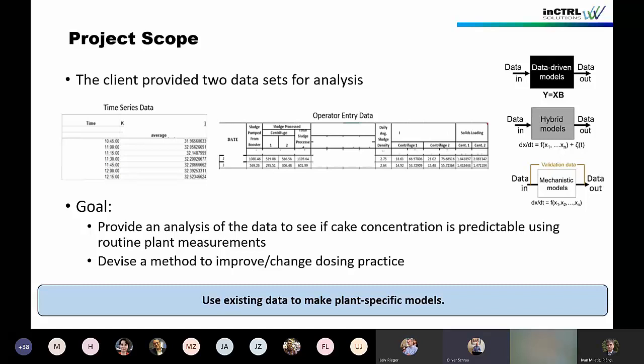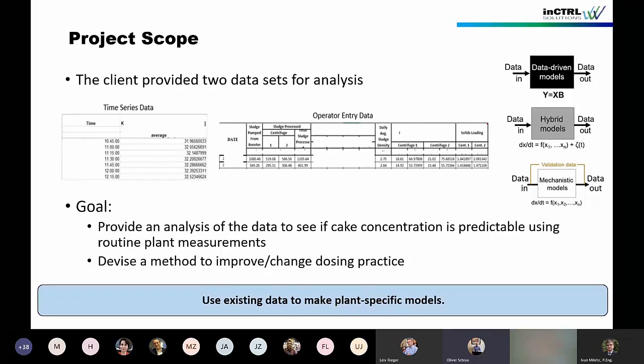So basically, this is a typical data set that you might see in this kind of system, and we wanted to provide an analysis of the data to see if we could predict the cake concentration using these routine plant measurements, and do it without having an additional sensor. And then we wanted to devise a method to improve or change the dosing practice of polymer. And the one point I just wanted to highlight here is that with the data shown on the right side, the operator entry data, where the operators take data that's analyzed in the lab and then enter it into a spreadsheet, for example,